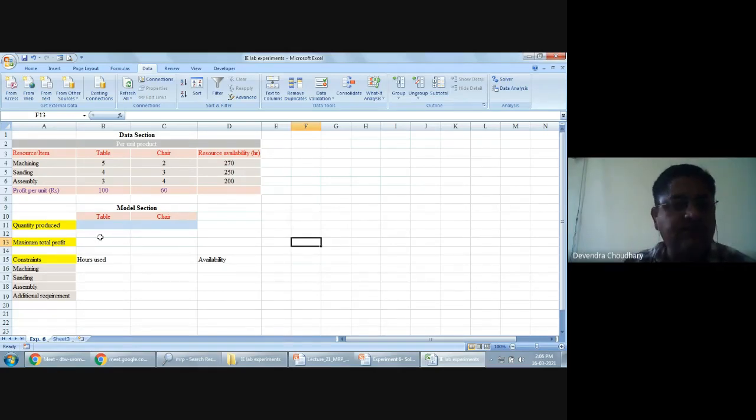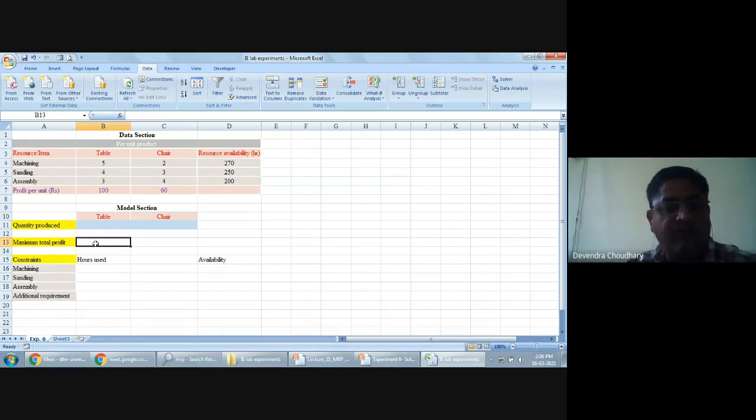In this table, under quantity produced, the B11 cell denotes the decision variable, the number of tables to be produced, and the C11 cell denotes the number of chairs to be produced. Now we define the maximum profit.